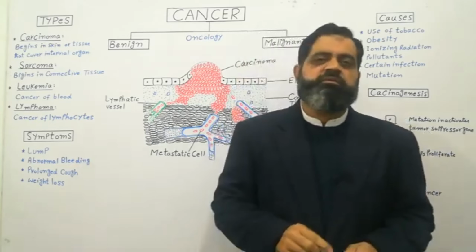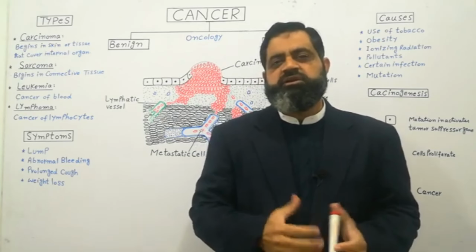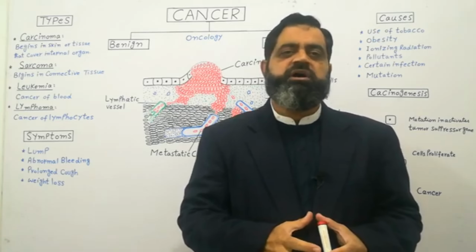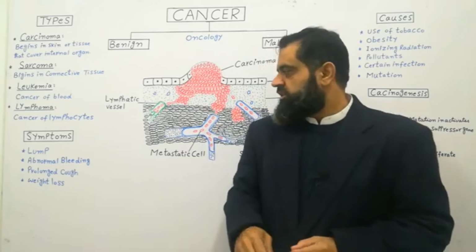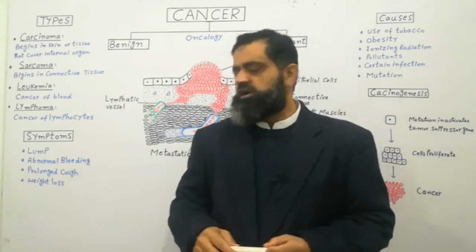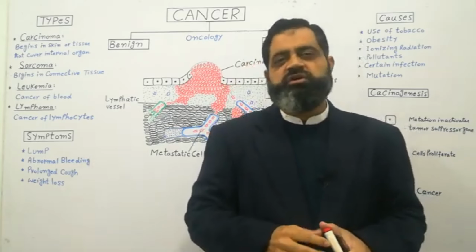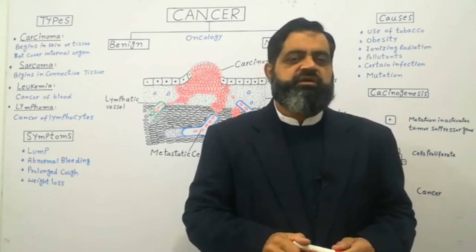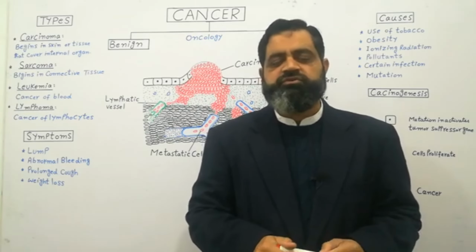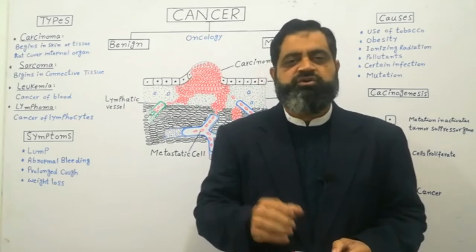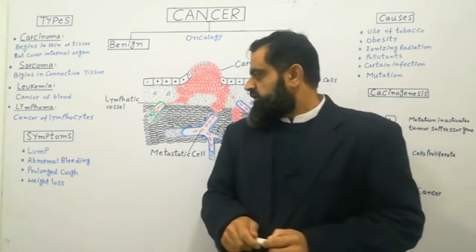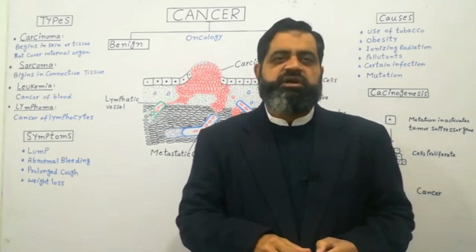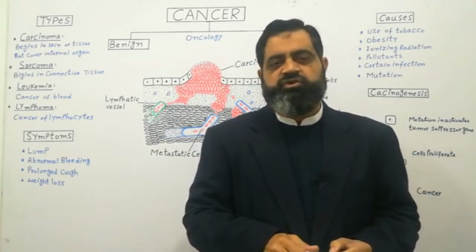Abnormal bleeding. If there is bleeding in a certain part of the body and that is not controlled and totally abnormal, that could be a sign of cancer. The third main symptom of cancer is a prolonged cough. A prolonged cough may be a sign of lung cancer. If the cough is not treated and does not stop, it is a major symptom of lung cancer. The next symptom is abnormal weight loss, too much unplanned weight loss. It is also a symptom of cancer.